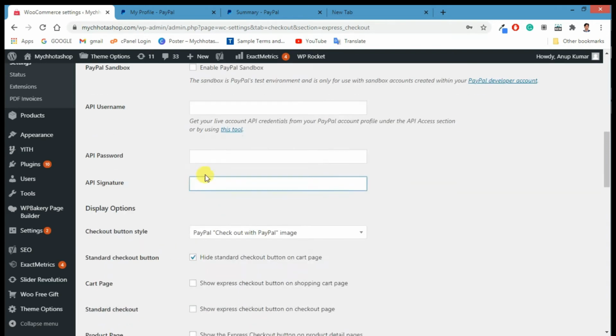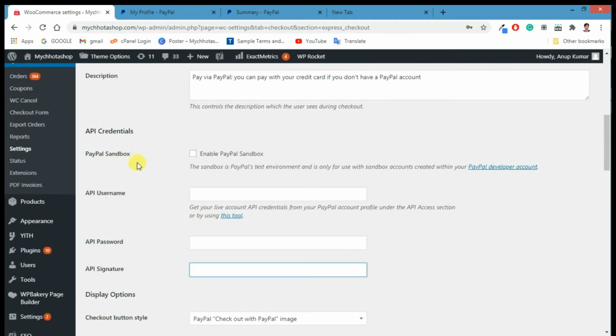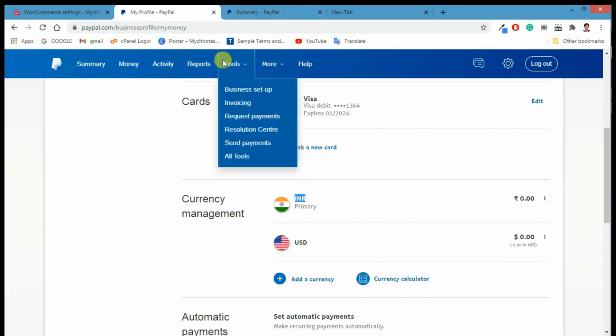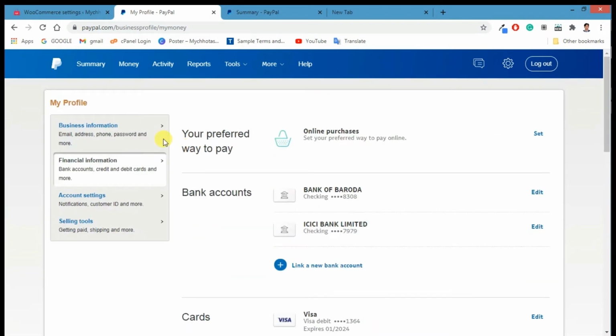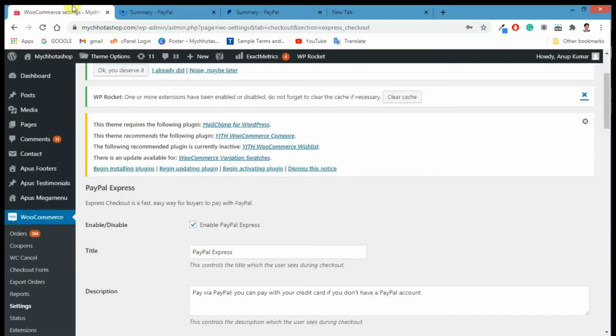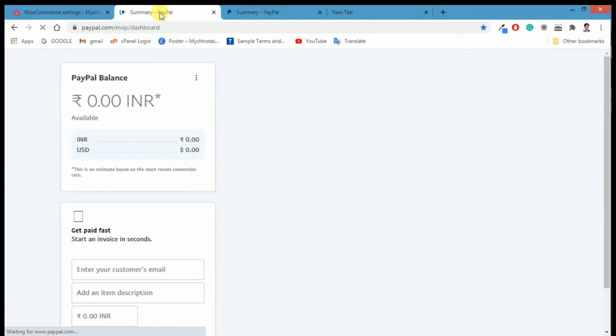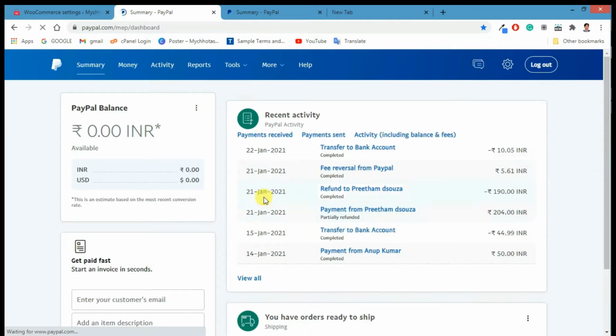From where will we get this data, this credential? For this you have to go to your PayPal account, and make sure of whatever issues I have just pointed out: you must have a business account. Only then will you be able to generate this credential, like username, password, and signature. And here I'm going to teach you how to generate that.